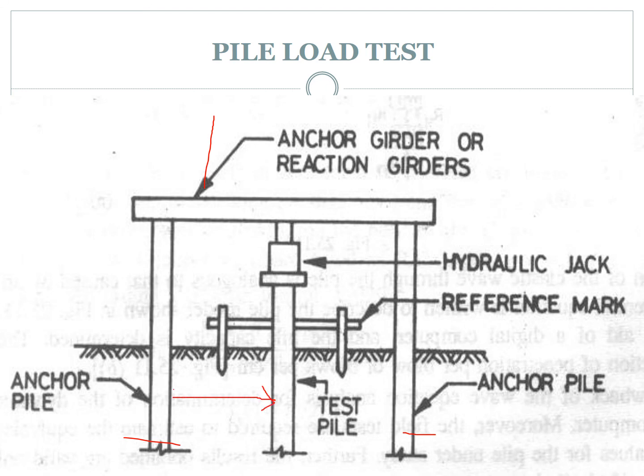Means the distance between the test pile and the anchor pile should be 3 times the width of the pile or 2.5 meter from the anchor pile. Then the load is applied through a hydraulic jack resting on the reaction girder, and the pile movement is measured with reference to a fixed reference mark. The test is conducted after a rest period of 3 days after installation of this setup in sandy soil, and a period of 1 month in silt and soft clays.